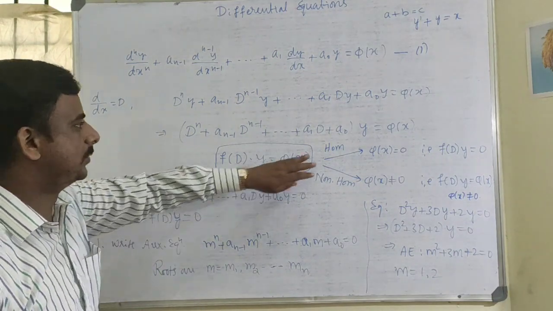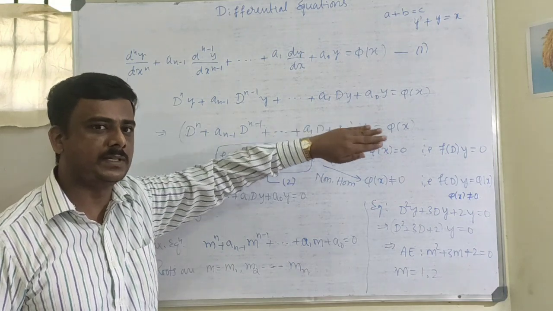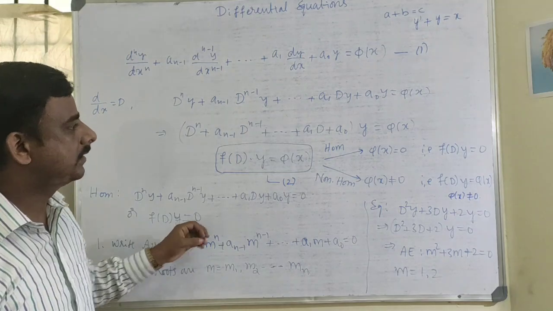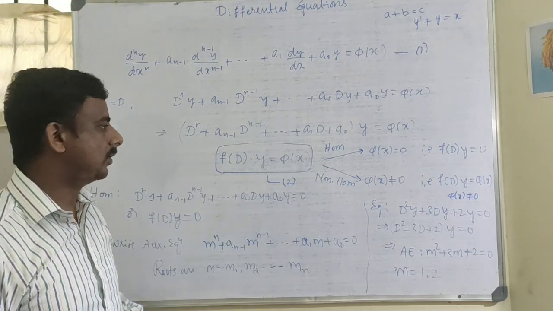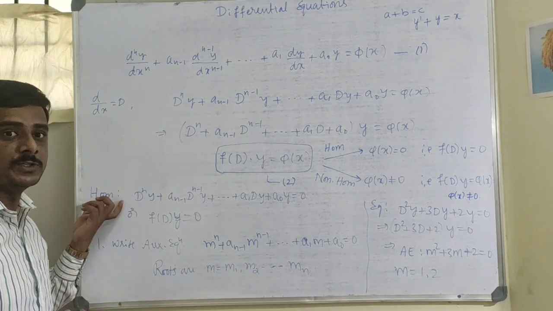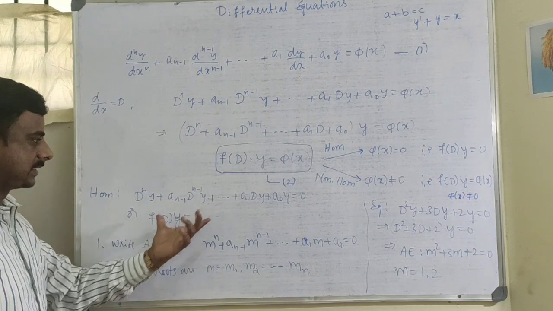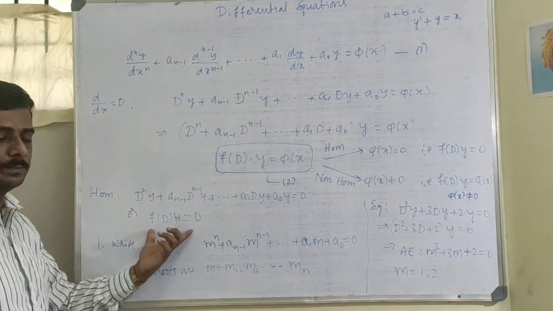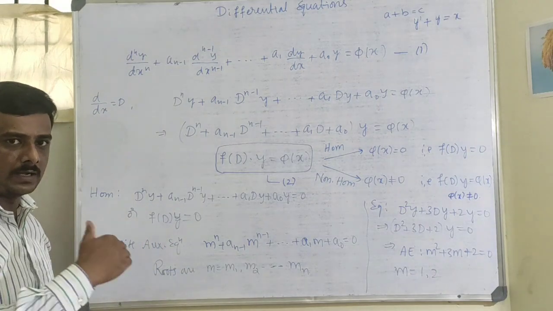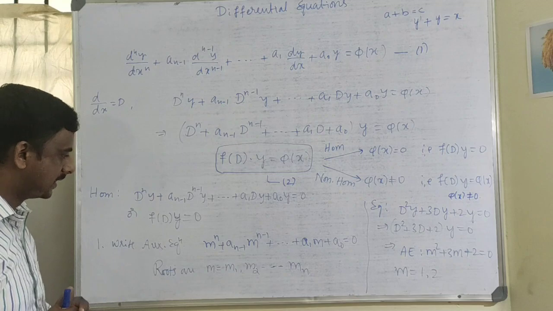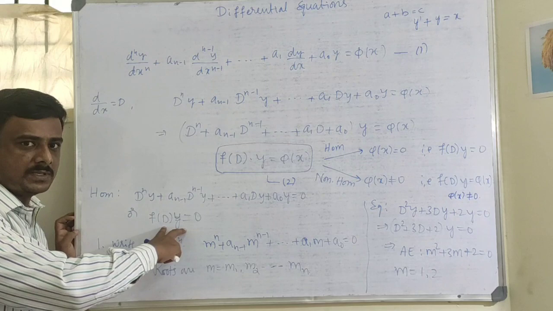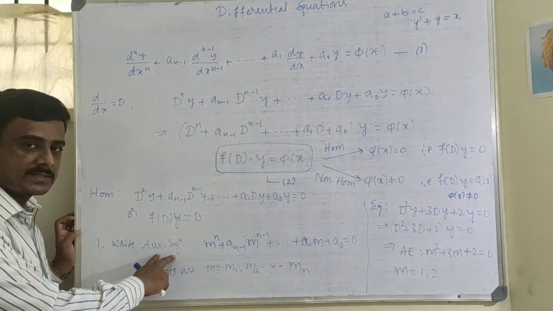Now come to this case, the homogeneous case. First, let us discuss how to find the solution of a homogeneous linear differential equation. Then we can discuss the non-homogeneous linear differential equation. Now we consider the class of homogeneous linear differential equations. The standard form I can write like this, or simply f of D into y equal to 0. To find the solution of this equation, I have to follow some procedure. In the first step, I should write the auxiliary equation from the given homogeneous linear differential equation. What is the auxiliary equation?